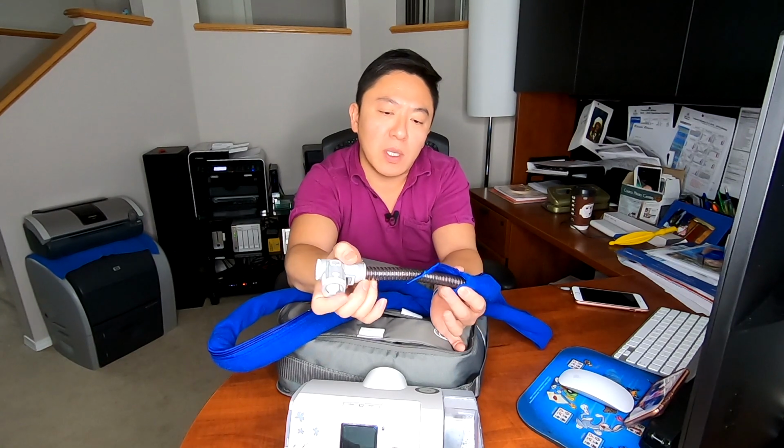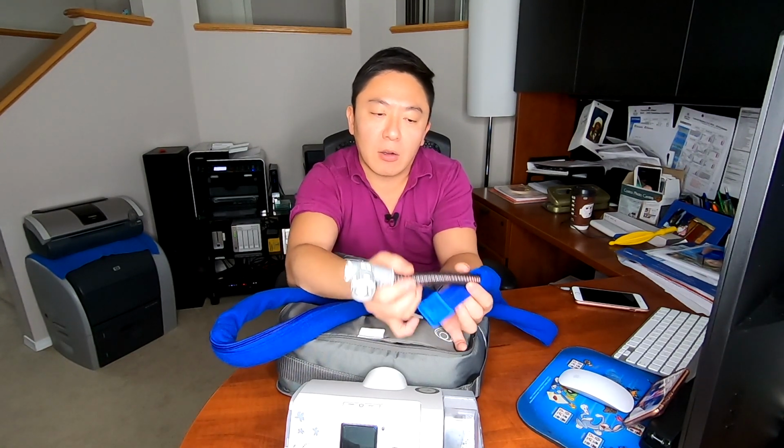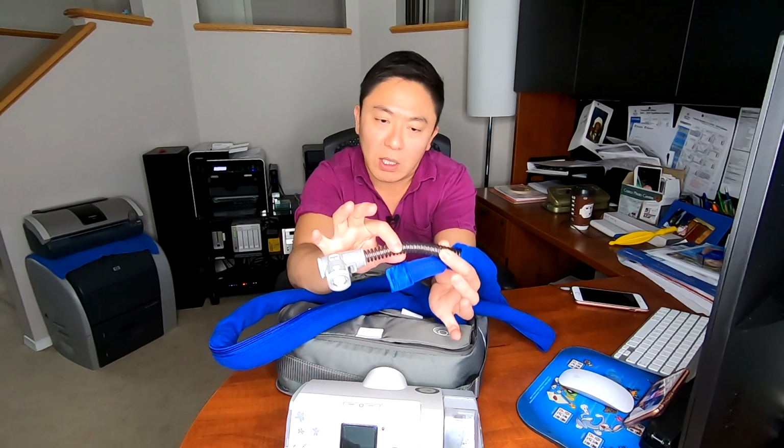The reason why this is really good is because when you're sleeping in a really cool room or in a cold environment, the CPAP machine itself is usually heating or warming up the water so that it can add humidity to the air that you breathe. Well, if it hits a cold hose, it's going to condense inside throughout the night, which then makes a god-awful bubbling, gurgling sound because it'll eventually pool in the low end of the hose. And then you experience a phenomenon called rainout, where water gets all over your face because there's just so much